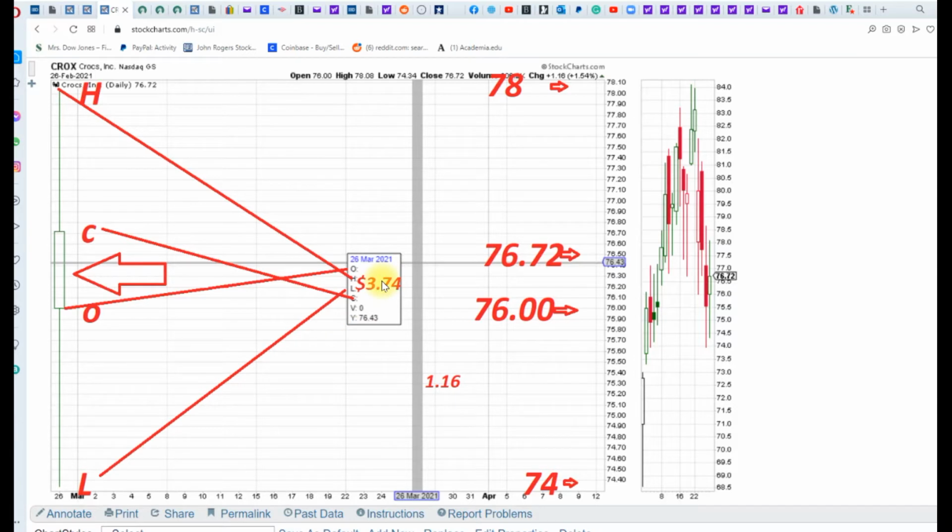But if you are a regular investor and you use a daily chart, all you're going to see is the open and the close, and you're going to say that the price from the previous day only changed $1.16, as we can say here. Now for the day trader, that's different information. For the day trader, he loved this because there was $3.74,